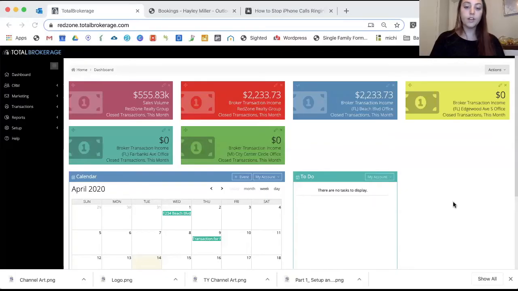All right, everyone, I'm back to film part two, where we're going to be talking about transactions. Let's just go ahead and dive right in. Once we're logged into Total Brokerage, as we already went over, this is what our dashboard looks like. So from here, to actually start a transaction, I might be jumping ahead just a little bit